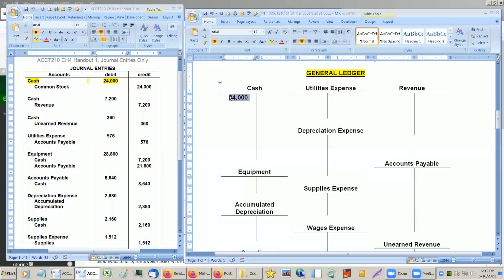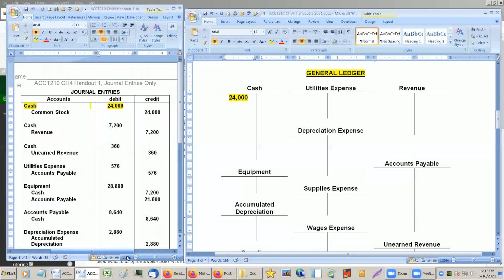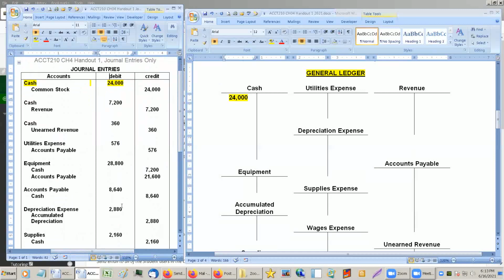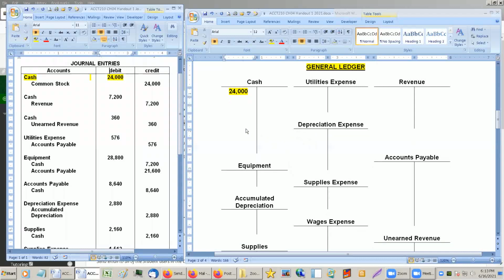Oops. I gotta figure out what's going on. Okay, so there's that 24,000. Zoom in a little bit. And by the way, if you guys have any ideas on how to better show this, I'm absolutely open to it. I'm not thrilled with the setup, but